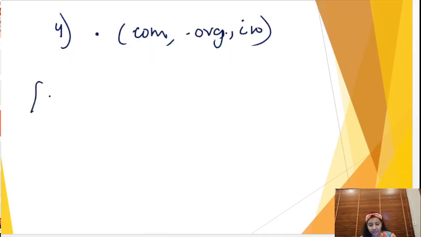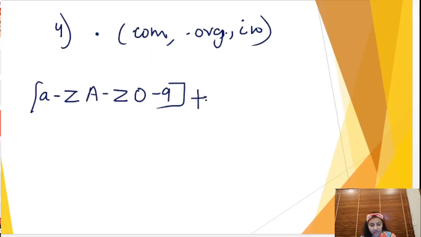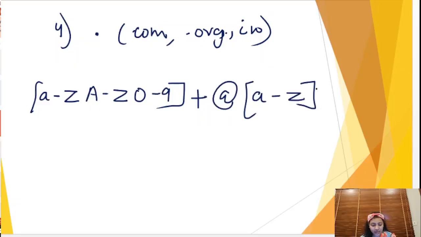We can write like before @, it can have either uppercase letters, lowercase letters, or digits. Then @, then to define the domain name, it can use the lowercase letters, then dot, and this .com, .org, again lowercase letters will be used. So whenever you type any email ID, let's say I type